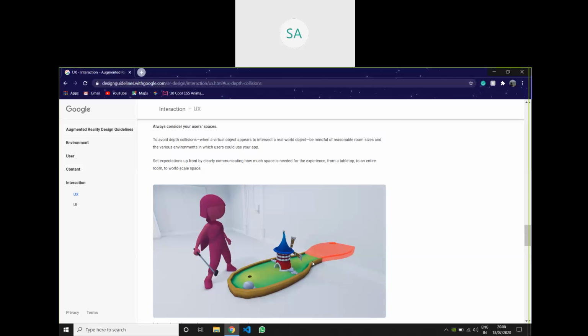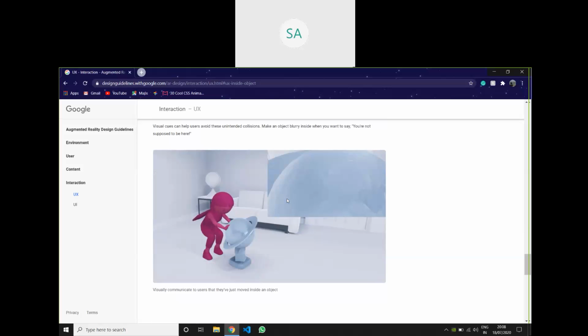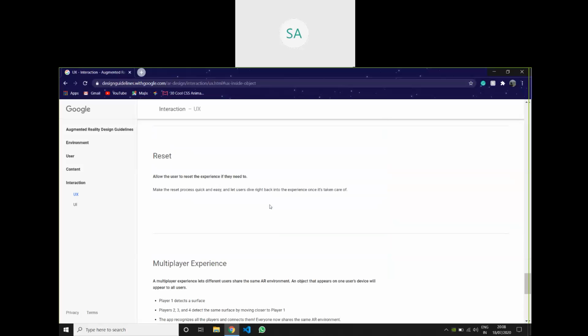Like it can't go beyond this point. See, the object is this much, but he's trying to place it on the wall. So the part here is being cut off. We need to show him exactly what is happening so that he will scale it down or scale it up or move it somewhere else. And there should be a clear indication for the user, such that when he is going inside the object, he should not be able to see anything. It becomes blur.